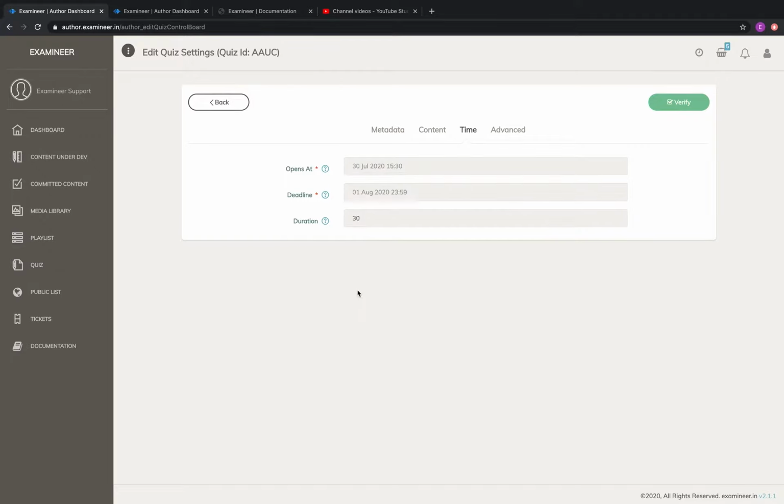So let me make it 3:30 p.m. Okay, let me not change the deadline. Deadline can stay the same. The duration also we can change before the quiz starts. Once the quiz starts, we'll not be able to change the duration. We'll not be able to change the open start time, but we'll be able to change the deadline. So we can extend the deadline after the quiz starts, but we'll not be able to change the duration and